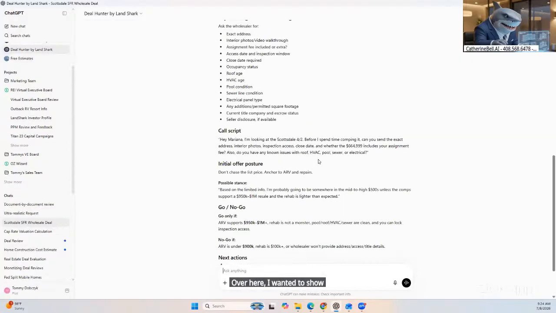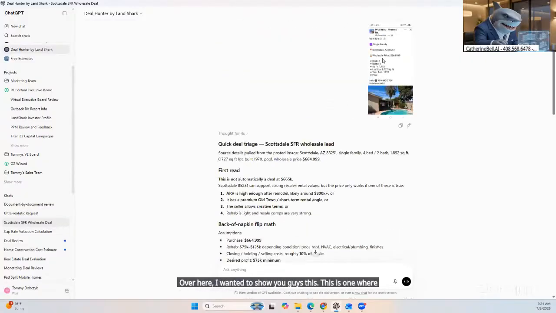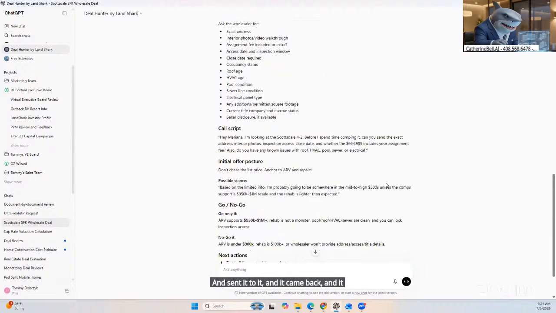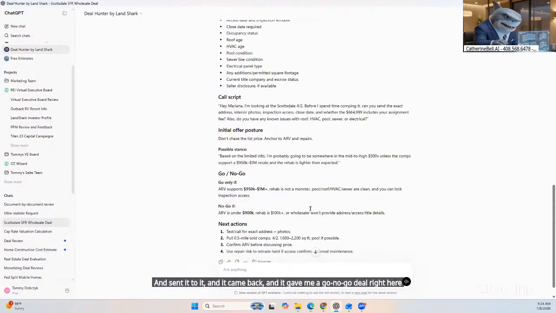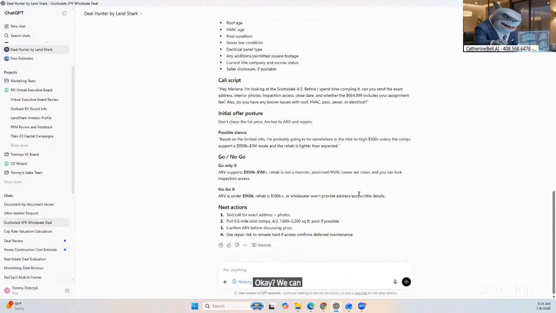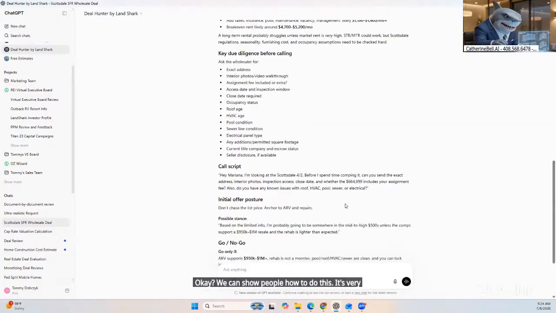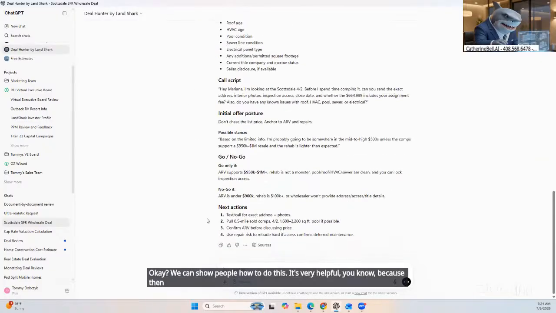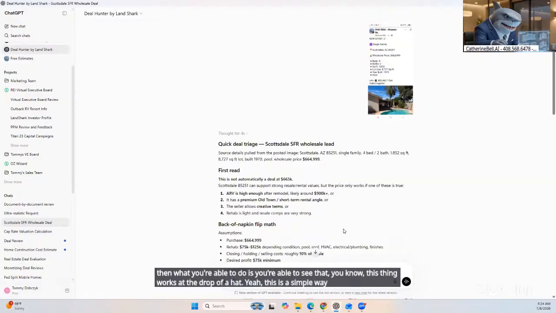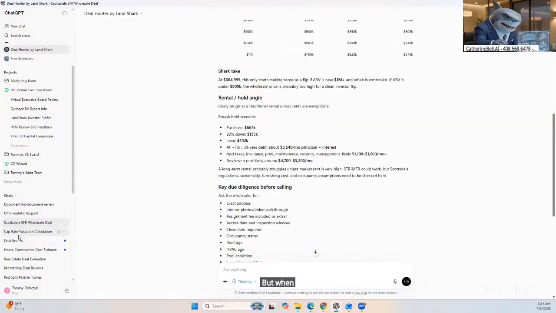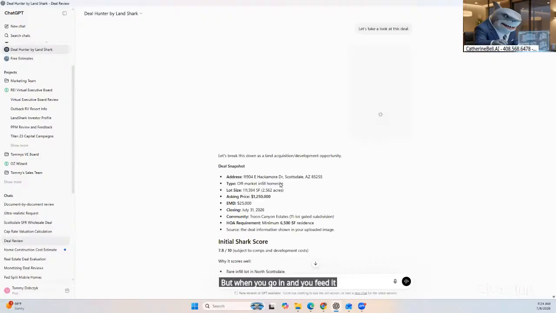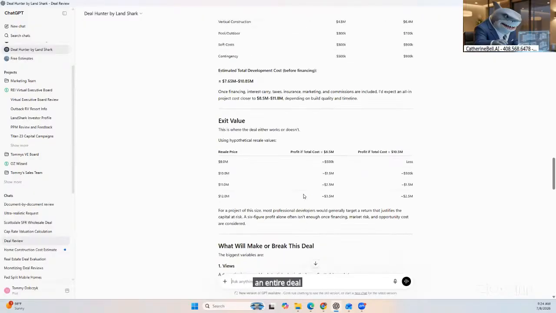This was one where I took a screenshot of a property and fed it to it, and it came back and gave me a go/no-go deal right here. We can show people how to do this. It's very helpful, because then you're able to see that this thing works at the drop of a hat. Yeah, this is the simple way of doing it. But when you go in and you feed it an entire deal, 34 documents, or like this one here,